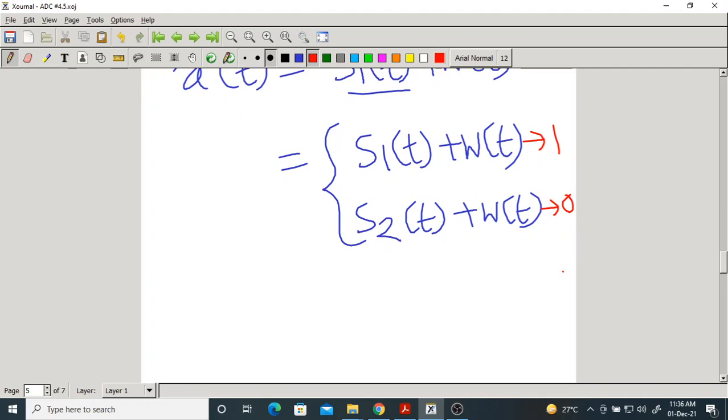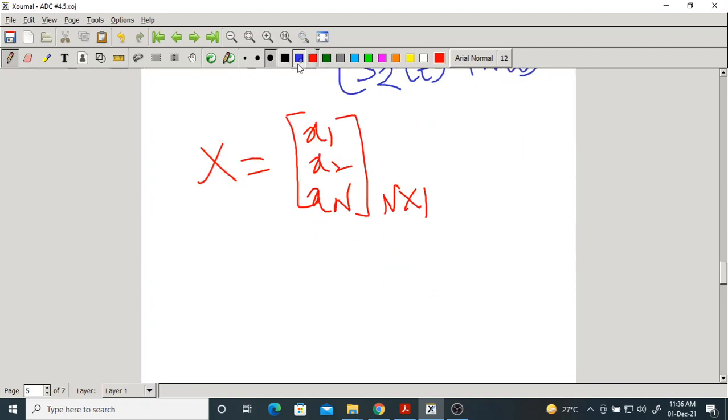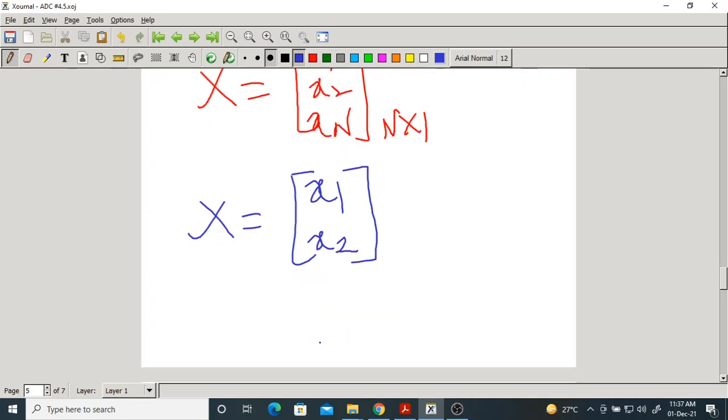Okay. Now, from X of t we need a vector X. Vector X is called the observation vector or received vector. How many elements does it have in general? X1, X2, and so on up to Xn, n cross 1. Here n equal to 2. The vector X has 2 elements, X1 and X2. But what is vector X? I told you, it is equal to signal vector Si plus noise vector W.